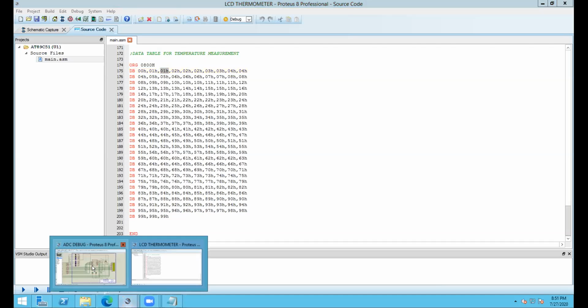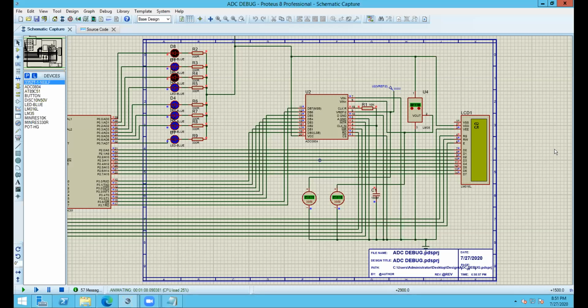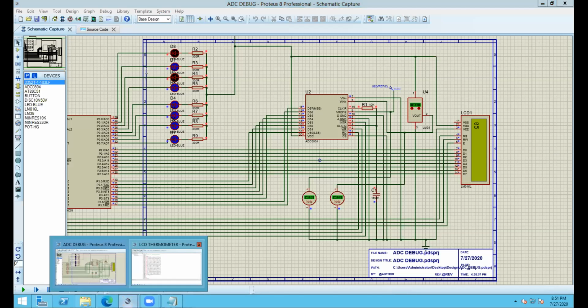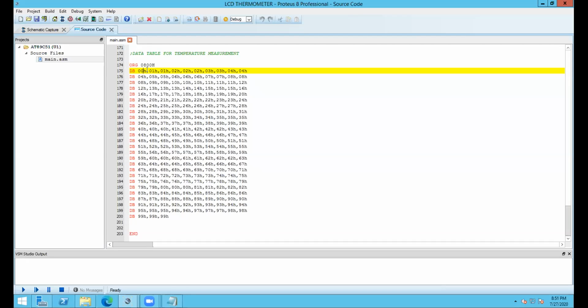Similarly, if we increase it by 1 again, we will get the hex value 5. That again takes us here. If we count 5, we get 1, 2, 3, 4, 5. This is 2. So we had to put 2 here just to make the 5 display as 2, because the hex value is corresponding to the current temperature, but it's not exactly the temperature. It's a hex value corresponding to that. So we have to refer to a lookup table to get the correct temperature value from it. Am I clear?